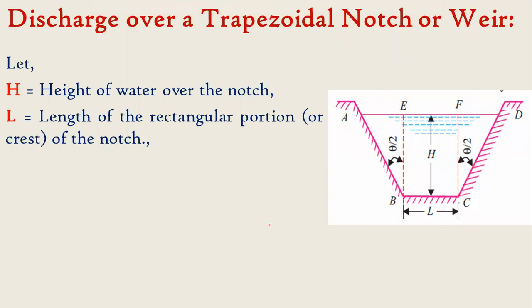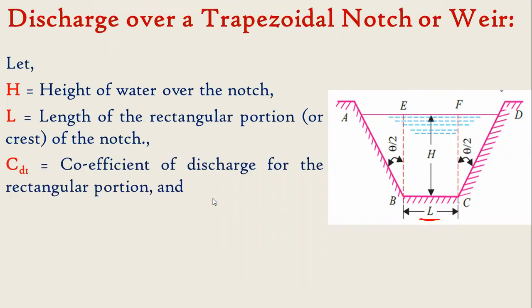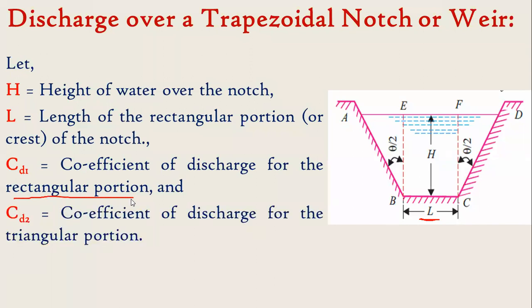So let H be the height of water over the notch. Capital H is the water level above the crest of the notch. Let capital L be the length of the rectangular portion or crest of the notch. So this L is the length of the crest. Next, let CD1 be the coefficient of discharge for the rectangular portion,